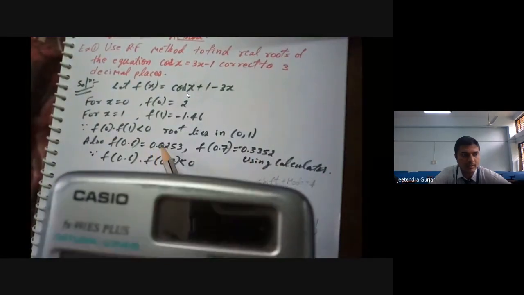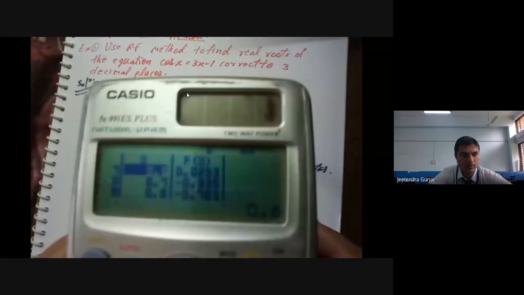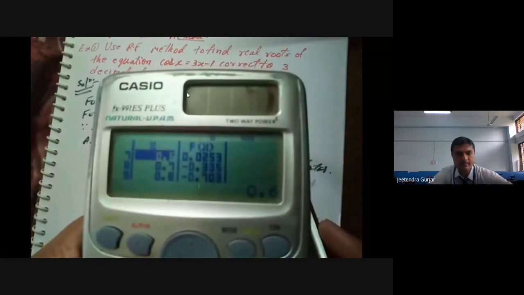It says that the answer for 0.6 is 0.0253. Did you get it? Yes, have you got the answer now? 0.6 is 0.0253, and if you take x as 0.7, it is minus 0.335. I think if you don't understand now, in the next example you will understand definitely. So just write down whatever I am telling you. Write down in your paper to the side.